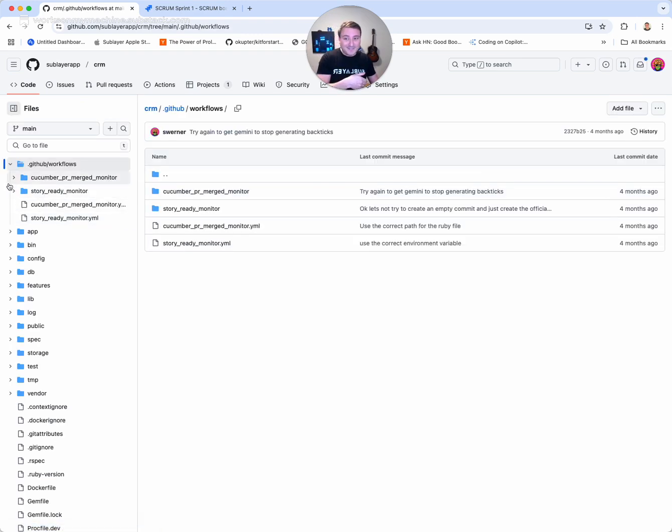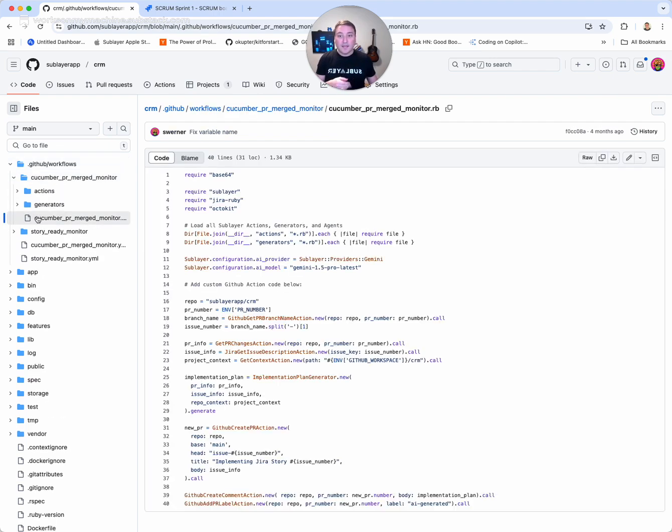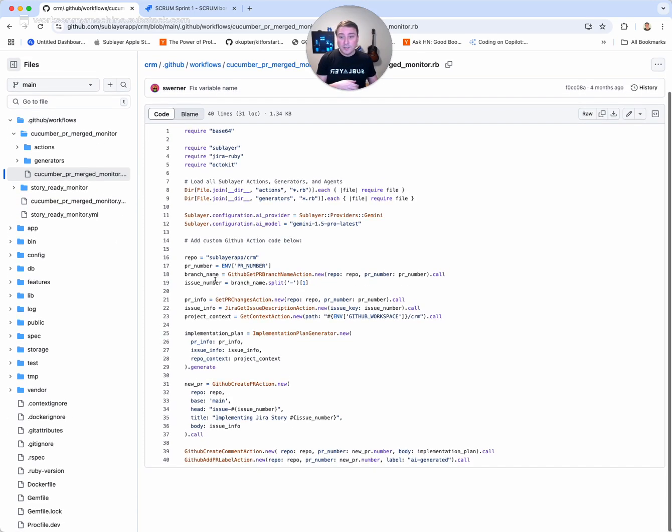But the next thing that gets triggered is once we've merged the cucumber PR, the cucumber branch into the issue branch, it kicks off the cucumber PR merge monitor, which is just a simple implementation here. You can go much further, right? Like send it into Cursor or something, or even just another one of these generators. But the idea is